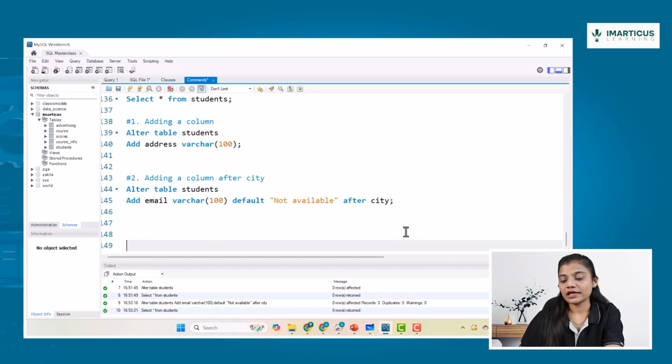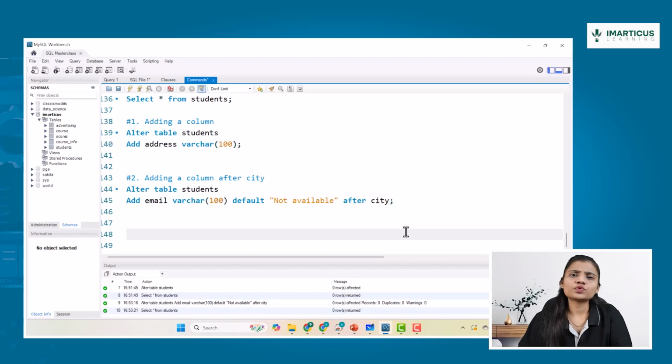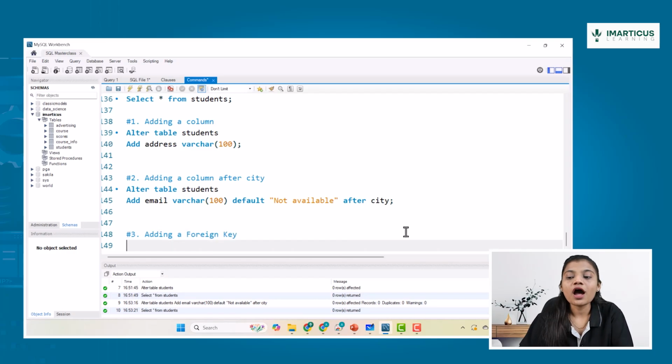That is adding a foreign key. Now one of the most important concepts, which people ask about: ma'am, I have created a table earlier, but I didn't add a foreign key constraint, I didn't create a relation, I forgot to create a relation, how can I create it after that? Should I delete the table? Should I drop the table and create it again? Should I eliminate all the information which is stored and enter it again? No need. You just have to use alter in order to add the referential integrity which you forgot to add